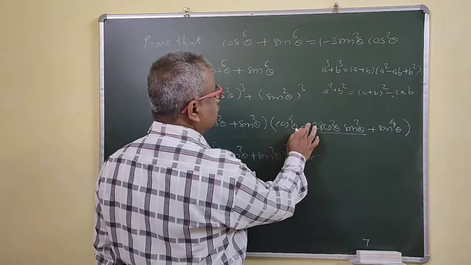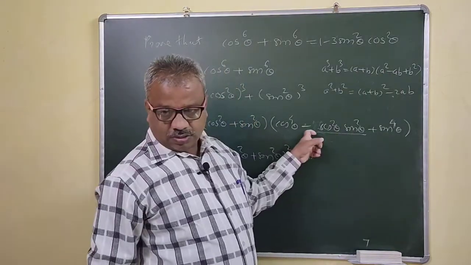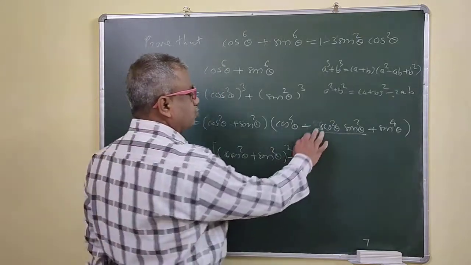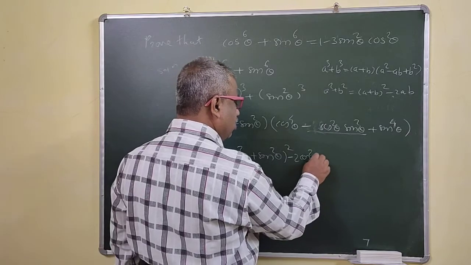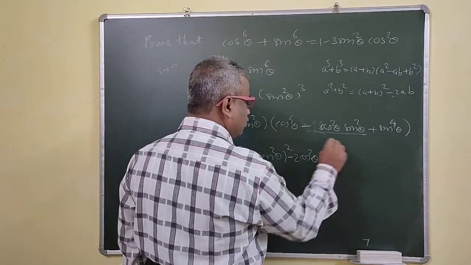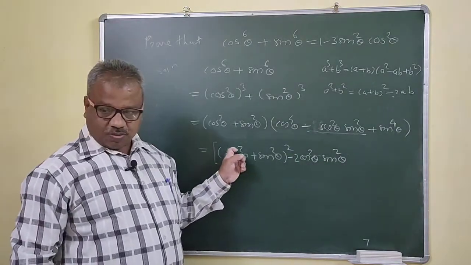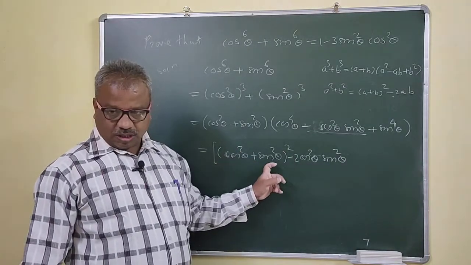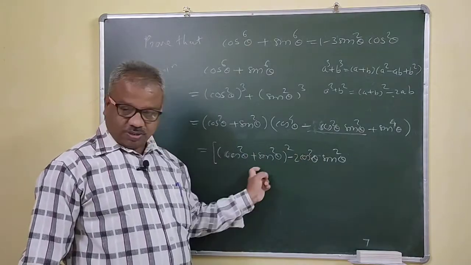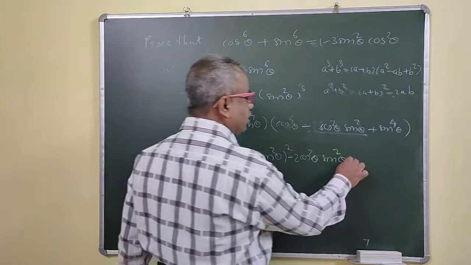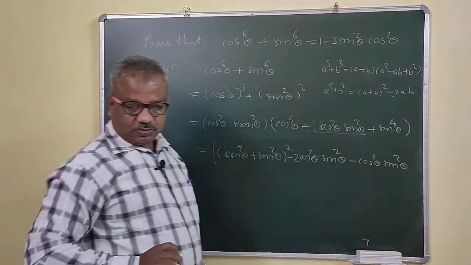Oh, here not 2 now, because you just have to take the product, right? Don't take 2 here, so this 2 is wrong. So minus cos square theta sin square theta, right? If you simplify this, we get cos to the power 4 theta plus sin to the power 4 theta. The middle term is there, but it will get cancelled with that term. Now your rest of the term is minus cos square theta sin square theta, right?